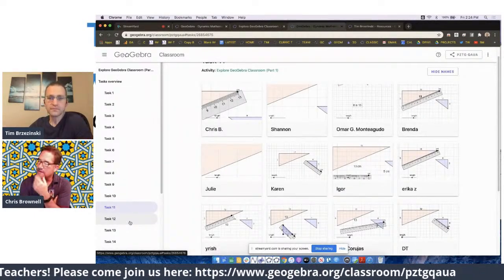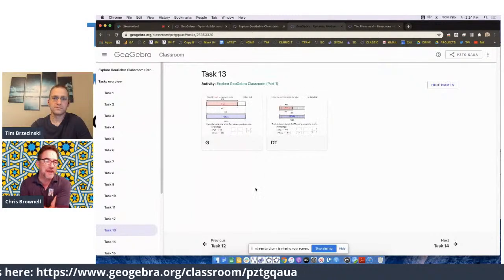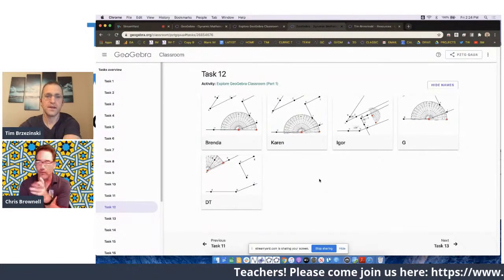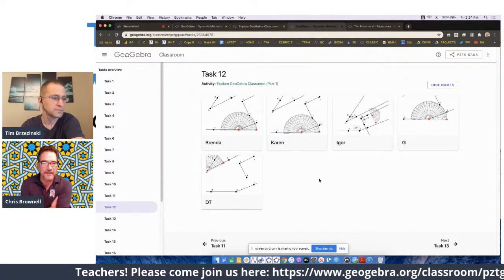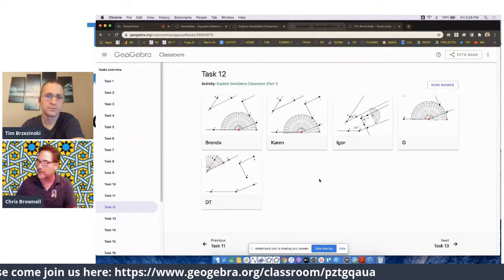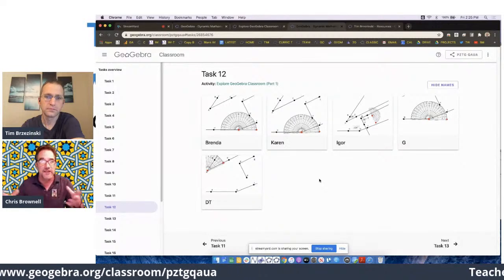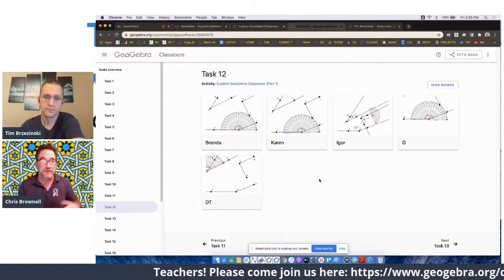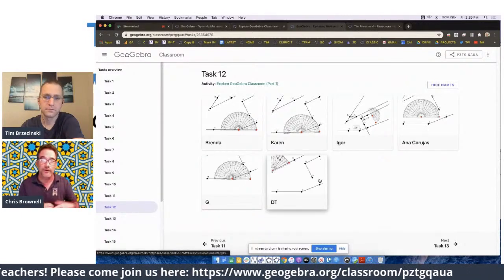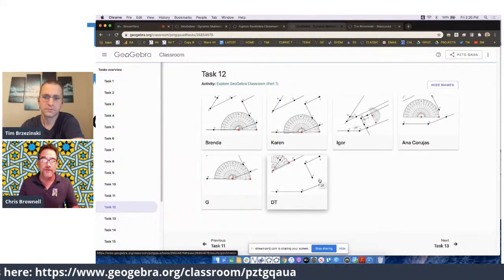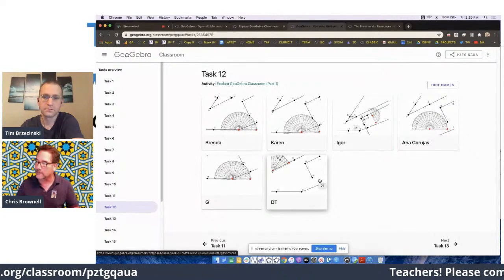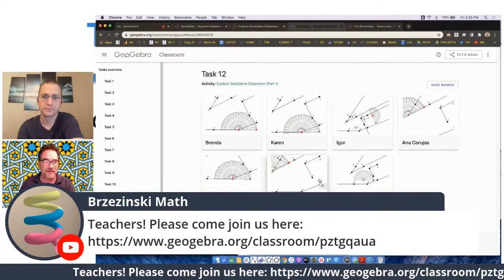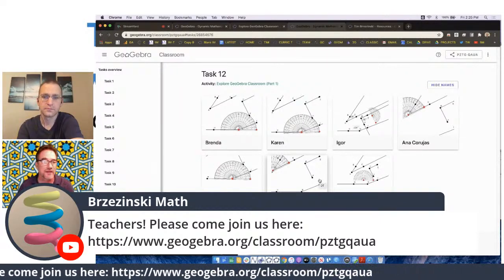So let me ask you this: you didn't have to make this ruler, this applet, or if you will, app, application within the GeoGebra app itself. It was created by someone else, and these exist for teachers to go out and find. Using what we learned yesterday, how to do a Google search for GeoGebra resources, and find these things, and then bring them into a classroom and use them as a teacher might wish, right?